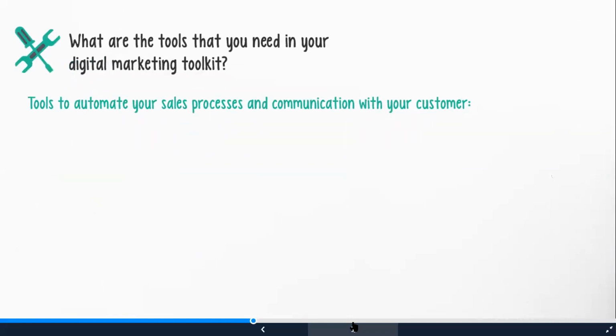Then we need tools to automate our sales processes and to communicate with our customers. Automation can save you a lot of time. It makes your marketing processes more effective, and it also takes away some frustration from your sales team.